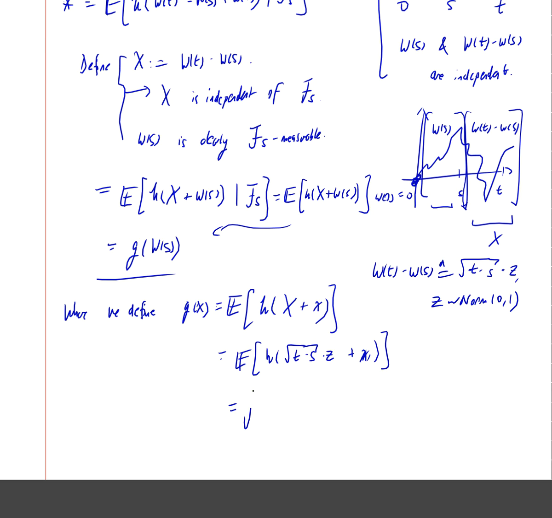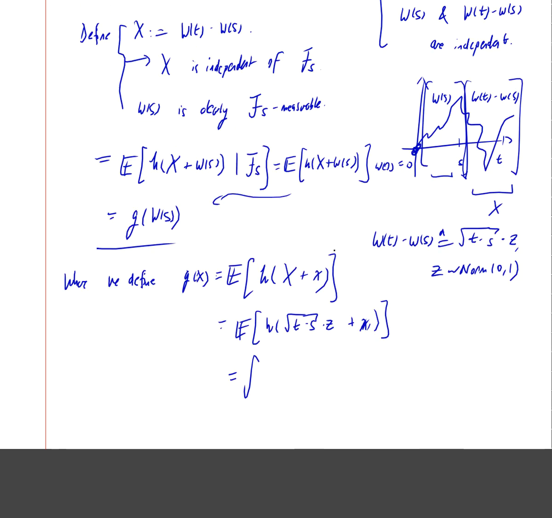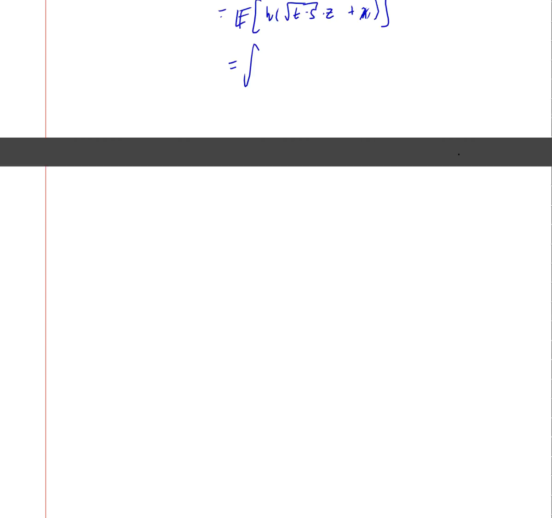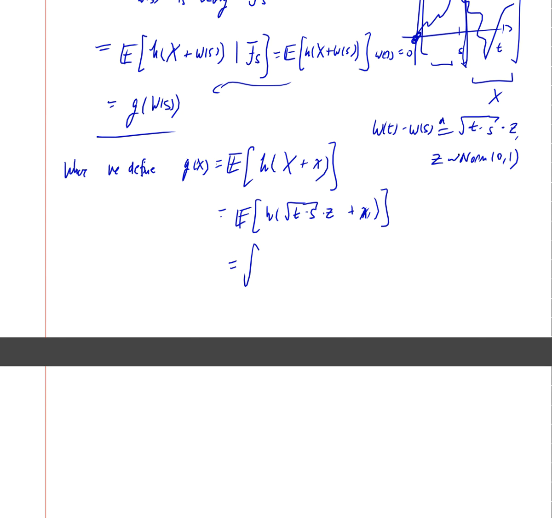Okay. So by definition, when you start constructing, the expectation is basically just the integral, right? So you're going to go from negative infinity to positive infinity, and then you're going to put in whatever is going to be taken of expectation, right? h of z plus x, right? So it's going to be h of that whole thing times the standard normal PDF, 1 over root 2 pi e to the negative z squared over 2 dz,